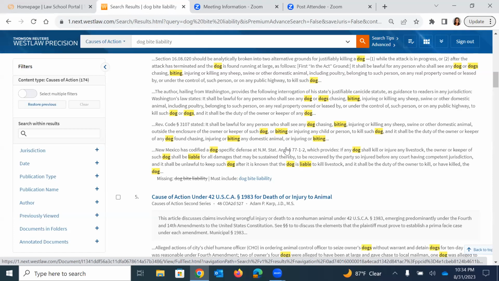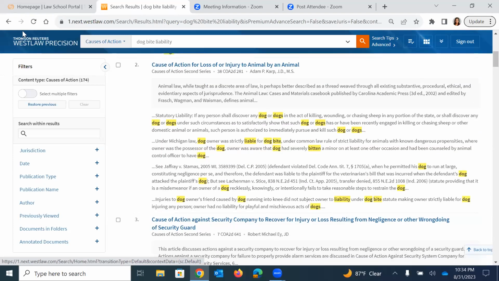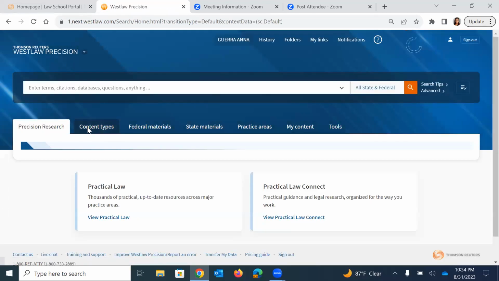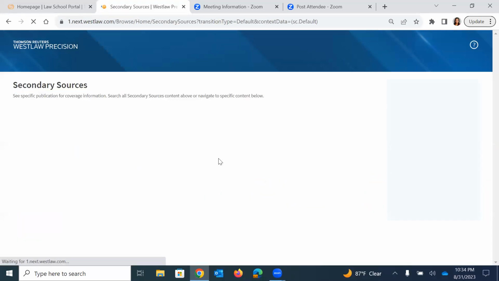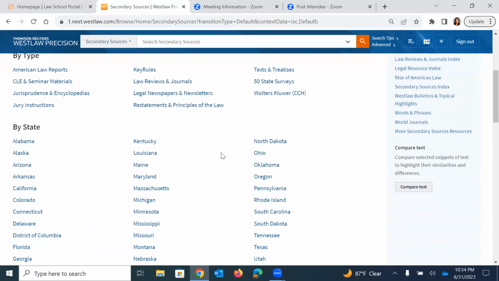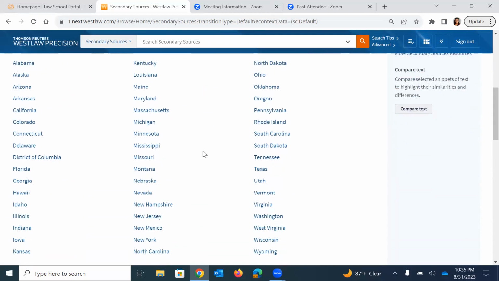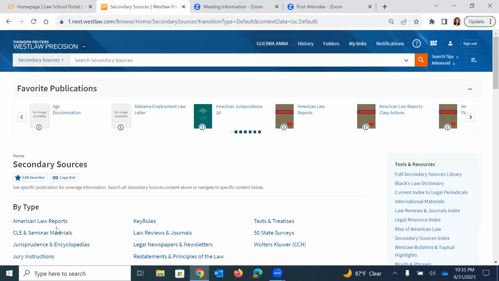And then by topic or practice area, those are always a good place to start if your topic or practice area is covered within any of those. Again, any are a good place to start. I never want to say you have to start with ALR or you have to go into your state. We all think differently. We all may have different knowledge of different subjects or may be at a different point in our research. So you might want to start with a state secondary source,